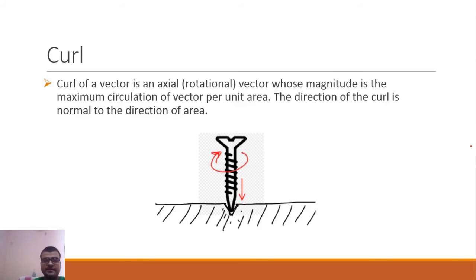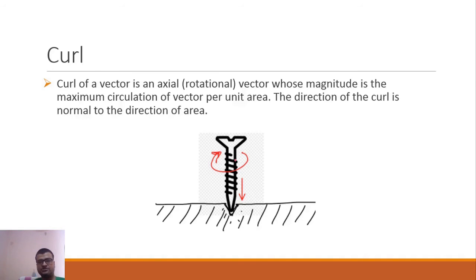So unlike gradient and divergence, curl is a quantity that tells you about rotation. Curl can be performed, and it is usually performed, over a vector that is rotational, that rotates keeping an axis as constant. It rotates over an axis. So let us see this diagram and directly understand the significance of curl.